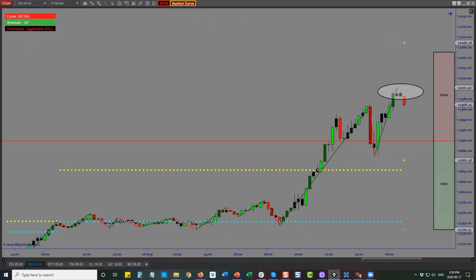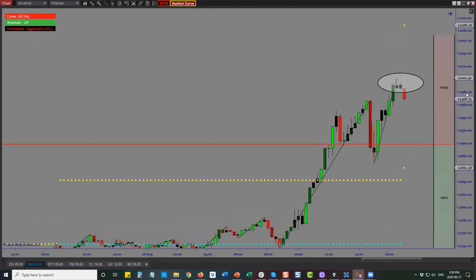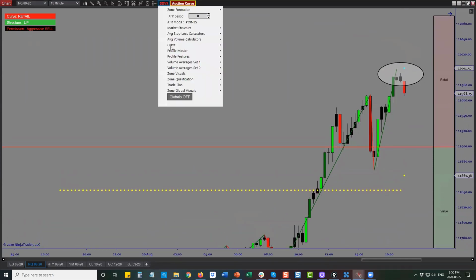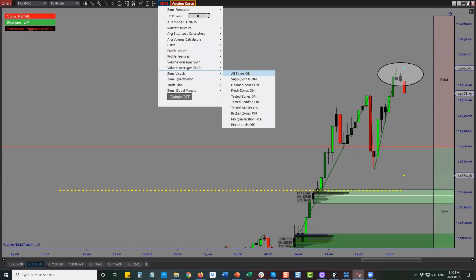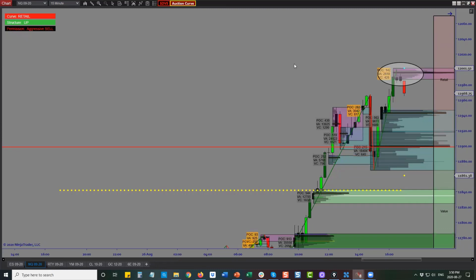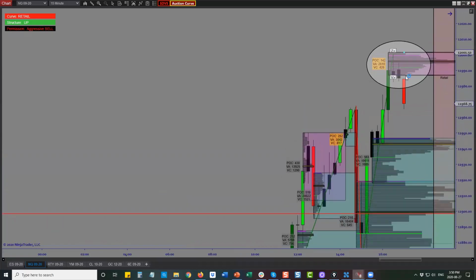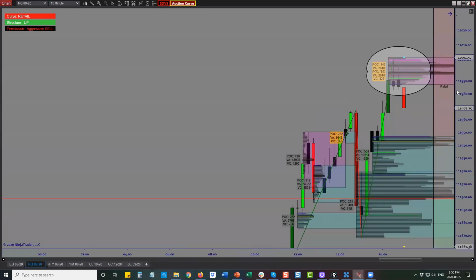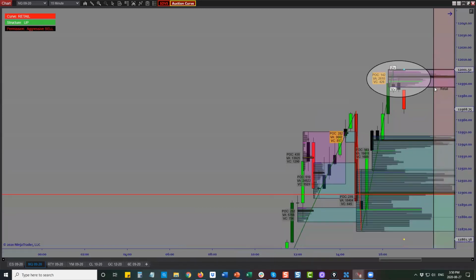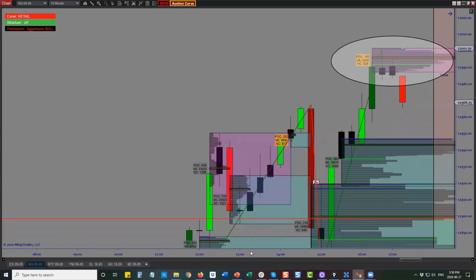So a couple things here. As an aggressive seller, if I put my zones back on, I have to put broken zones on, because broken zones will tell me past levels. I want you to understand something. If we go up here and we've got a big level of supply that stepped in on the NASDAQ, just because you're expensive doesn't mean the market's ready to stop there. You're going against the structure. But what I can tell you is that if they do come back up to this level,